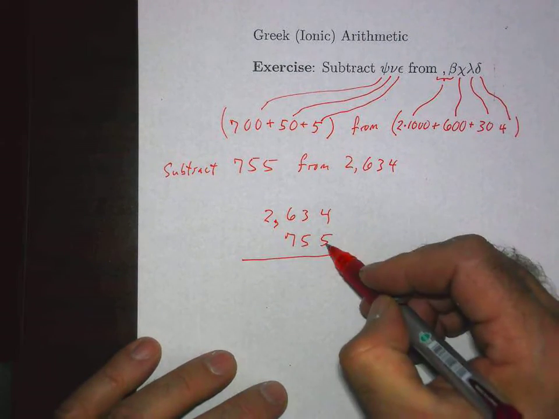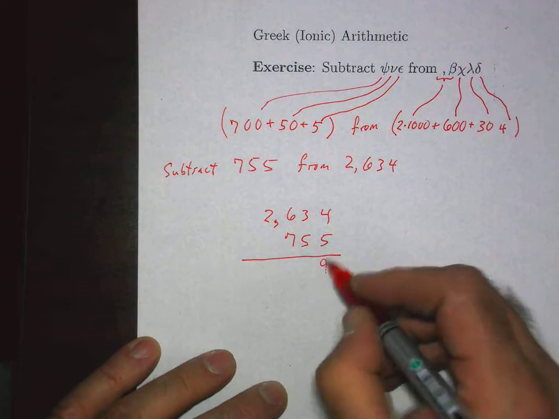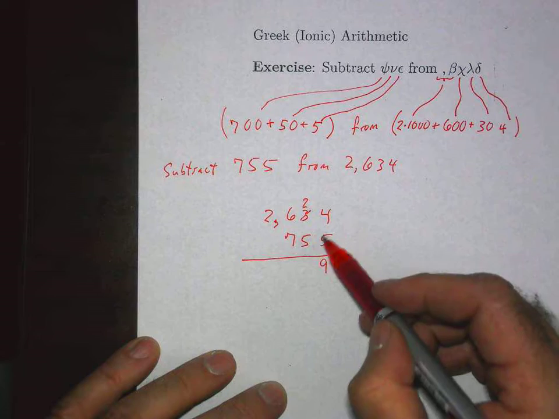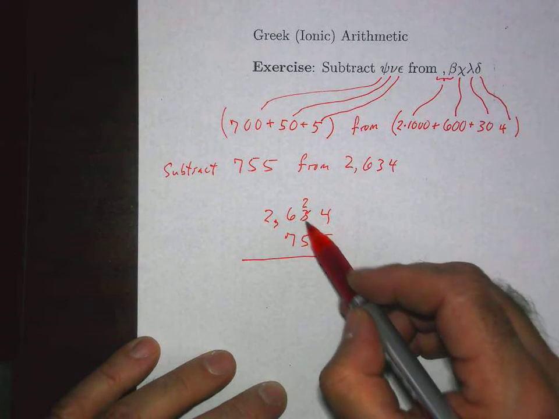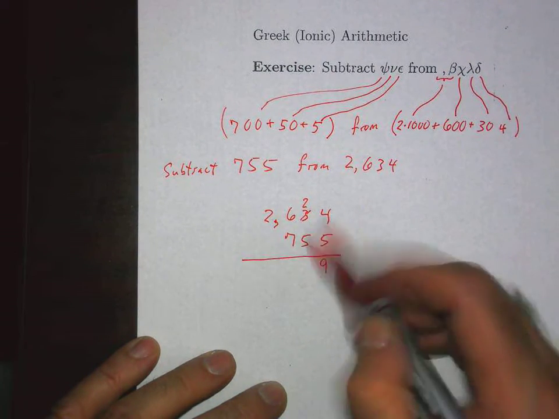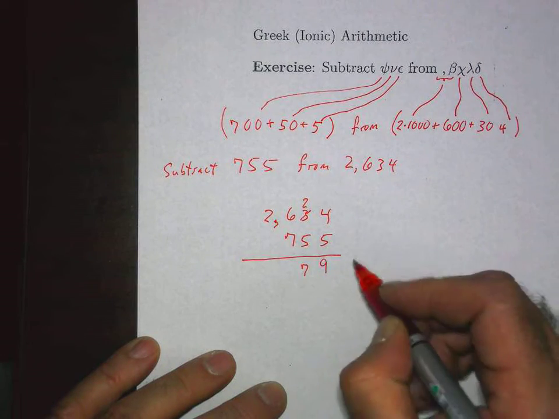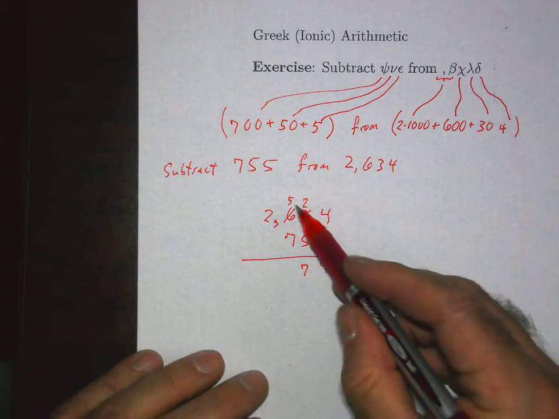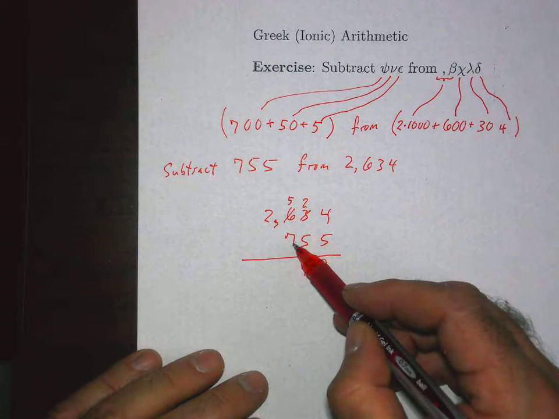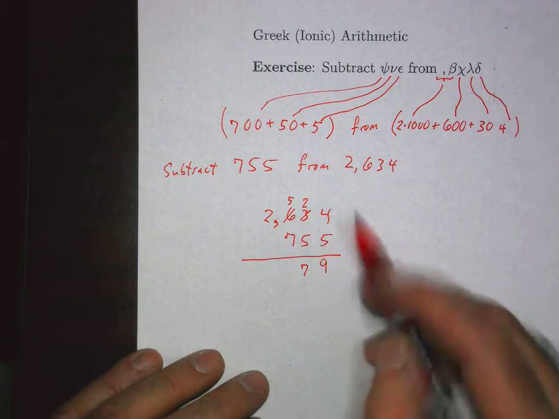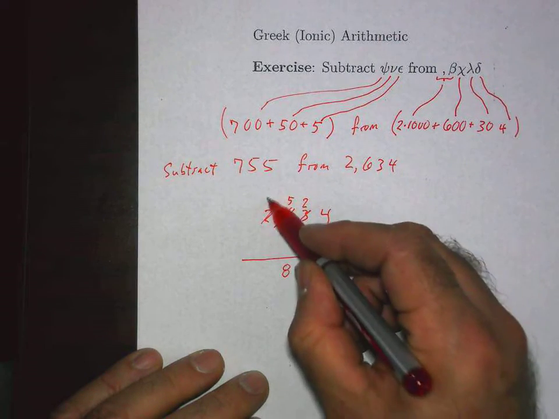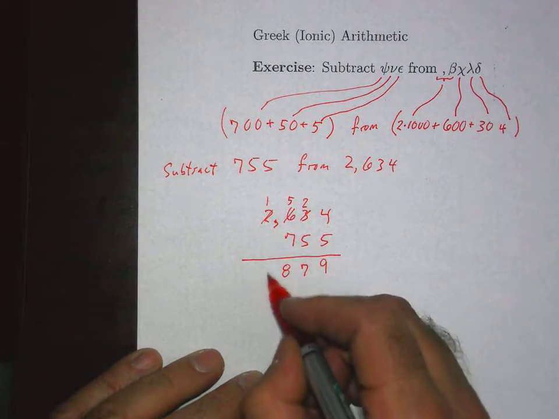So we have 14 minus 5 is 9, but we borrowed, so we had a 2 there. But we got to borrow again. So we have 12 minus 5 is 7. 5 minus 7, oops, we got to borrow again. This is 15 minus 7 is 8. And we have a 1, so